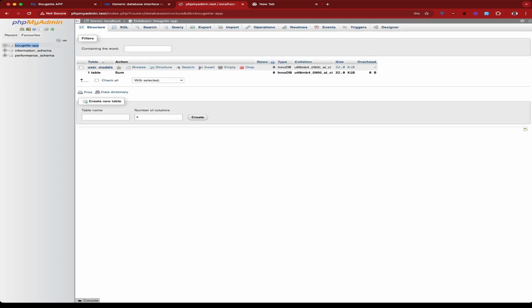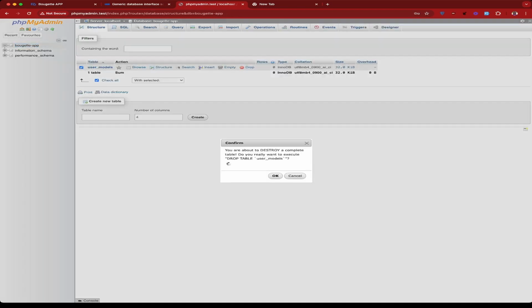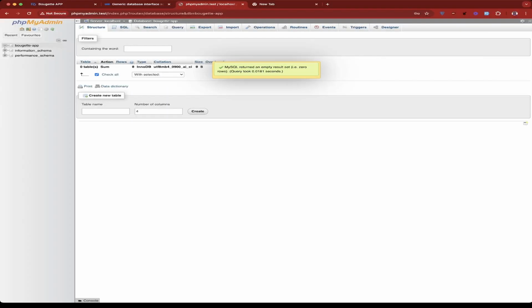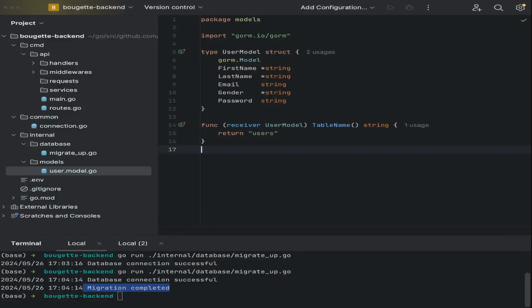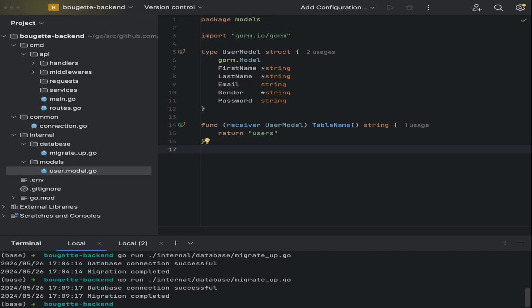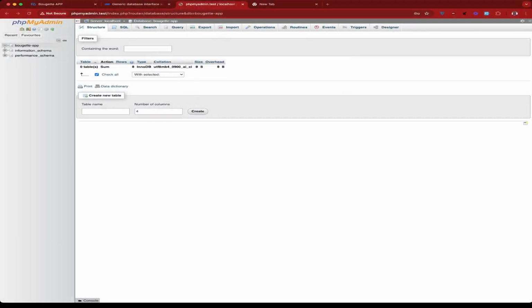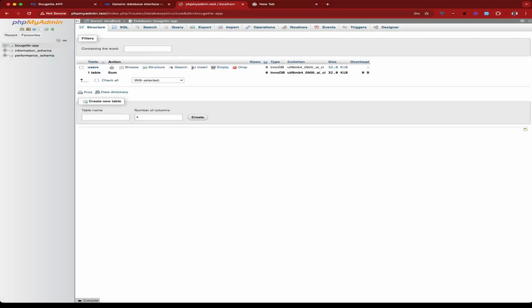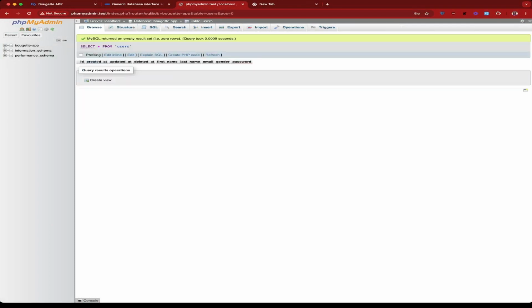Let's drop the table. So if we drop the table, let's go back to our code editor and run the command again. Our migration is completed. So let's go back to our database view and let's view our database. Now you can see that we have the name nicely formatted for us. So that's basically how you can define a model in Gorm, and you can also define a custom